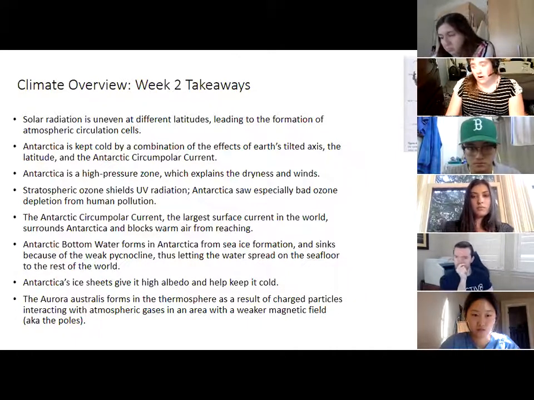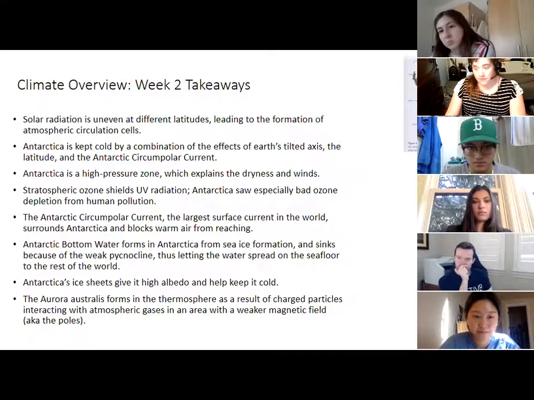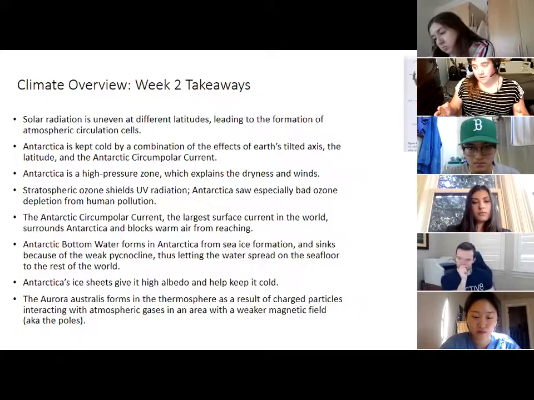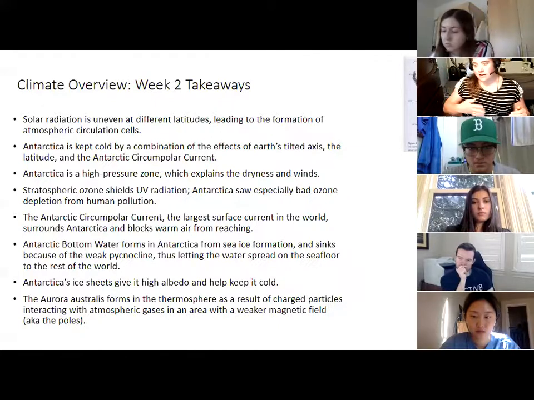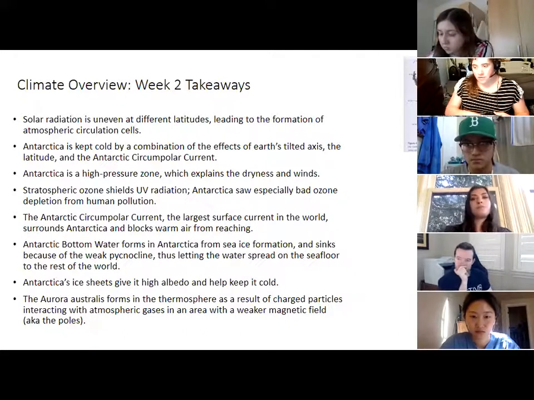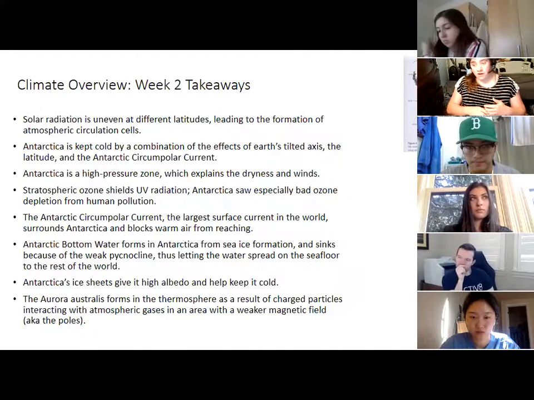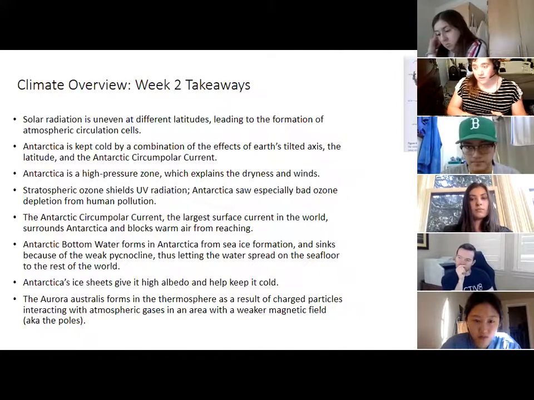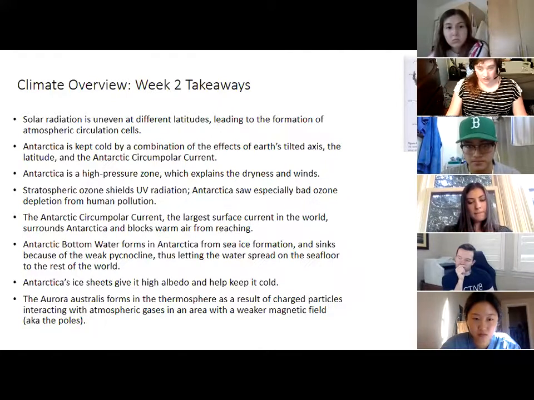kind of jammed in there, I talked about the ozone layer because it is something I like to talk about with Antarctica because of the ozone hole. It's something that's hard to fit in because it's not directly related to climate change. At one point when this class was taught, it was squeezed in with the climate change stuff at the end, and I thought that was a little out of place. So I moved it here to fit it into a discussion of the different layers of the atmosphere, because it's frankly the most interesting thing about the stratosphere.